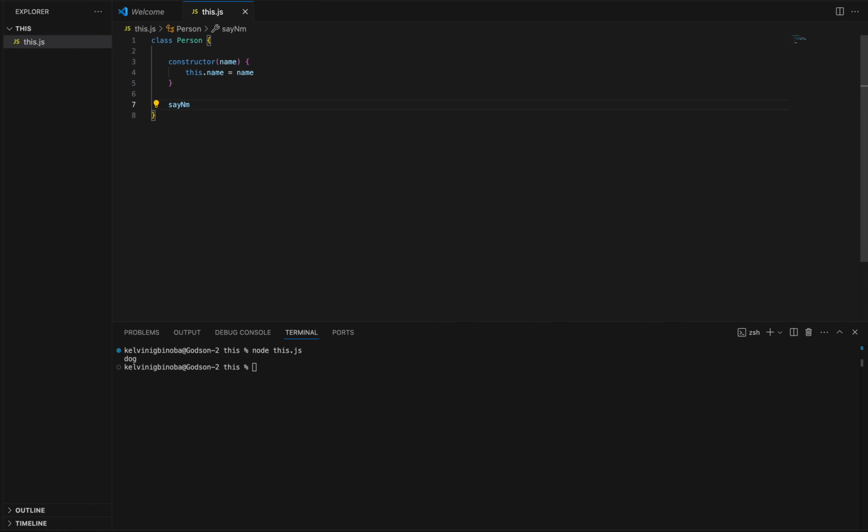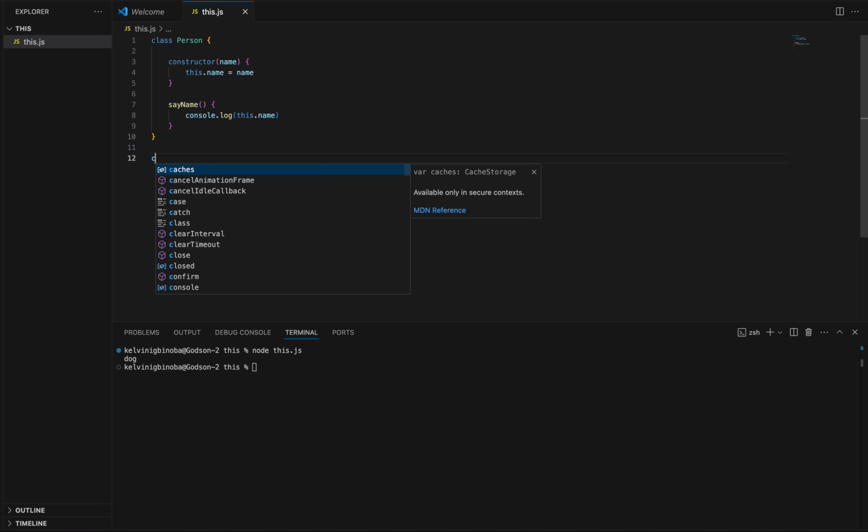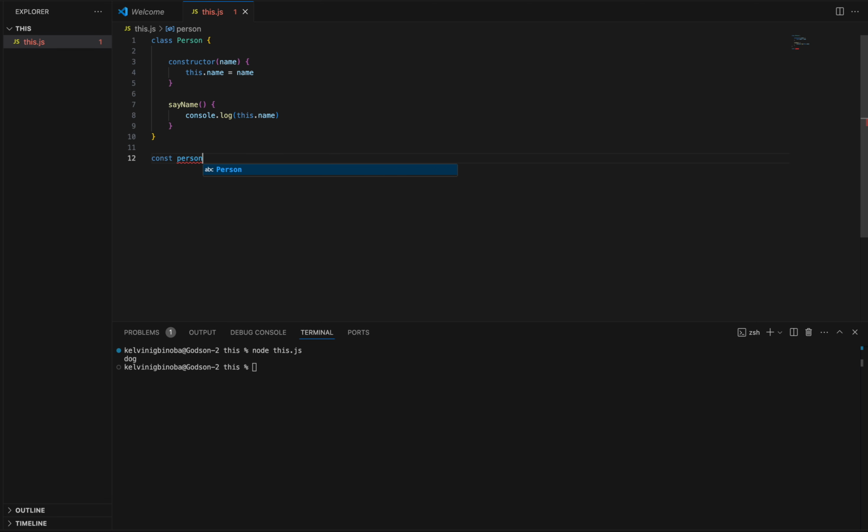So this will output the name property. sayName, console.log this.name, right? Now let's come over here and create a new person. Const person equal to new Person, and let's call it Alice, name of the person, the girl,